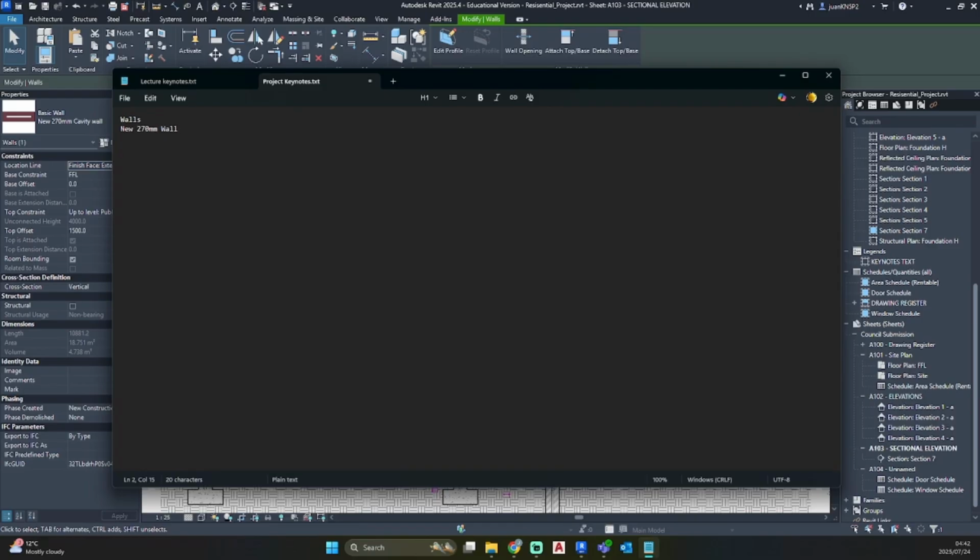We need to create a description category. So we're gonna go tab to create a description category. And now we're gonna name this new 270 millimeter cavity wall with 50 millimeter cavity in center.